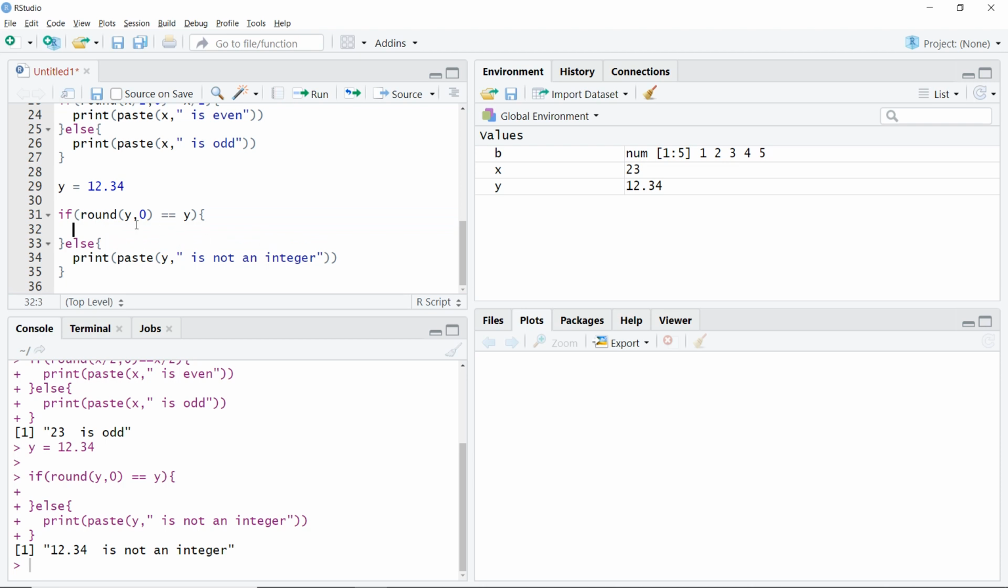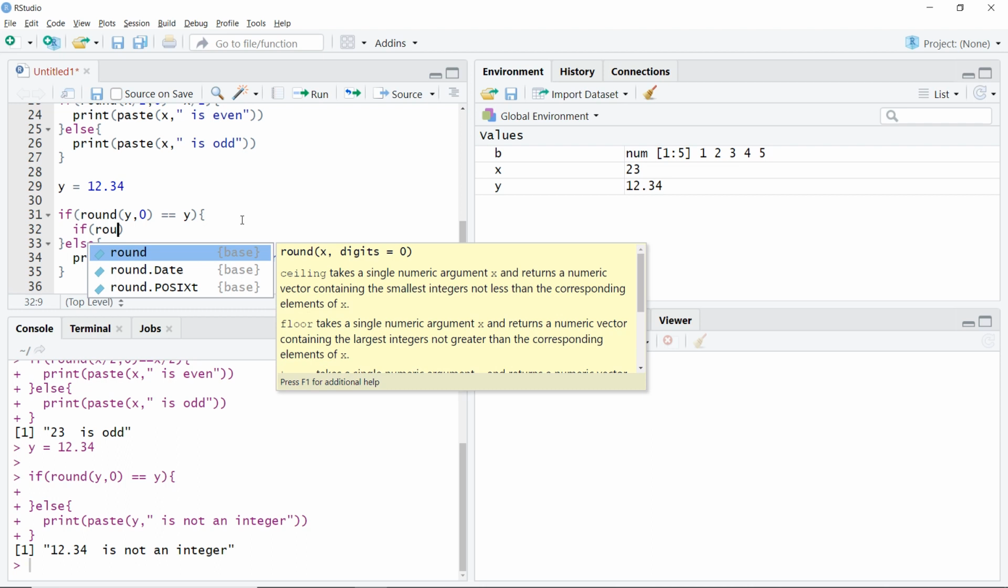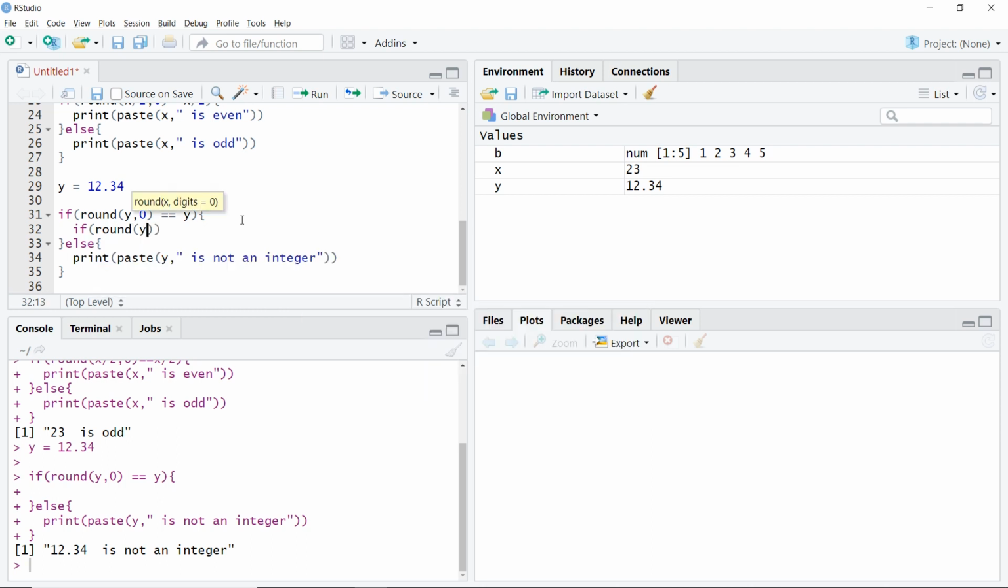Now I'll write what happens if it is an integer. So I'll use another if statement. I have to check whether it is odd or even. So I'll say if, now we know how to check our odd or even. We'll say round y divided by 2 with 0 decimal points would give me equal value to y divided by 2. Then I'll open my bracket, press enter,